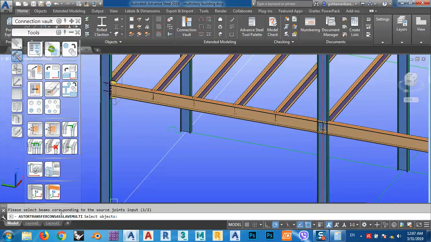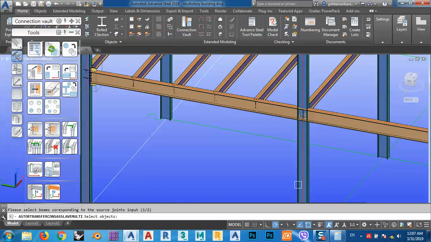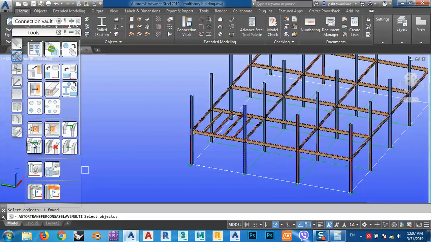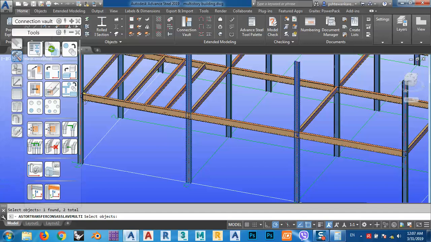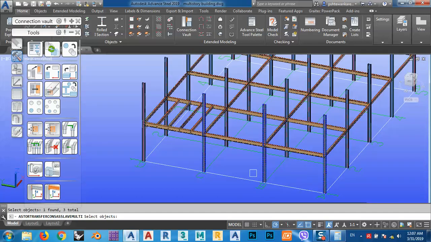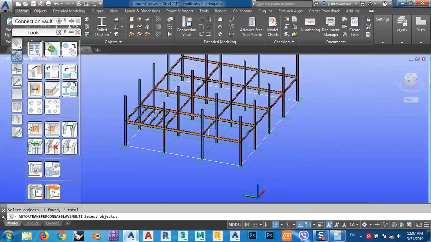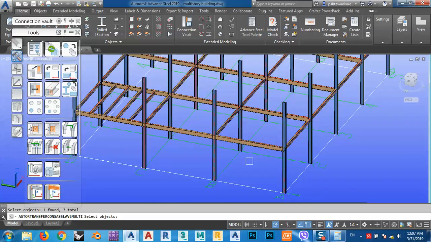As you see, you have two beams. Please select beams corresponding to the source joints. Input 1 from 2. It means the first one, because I used multiple, so I can use some of the beams. As you see, I used these 3, enter, and I can select the beams now. As you see, it needs some time, and it will copy every joint